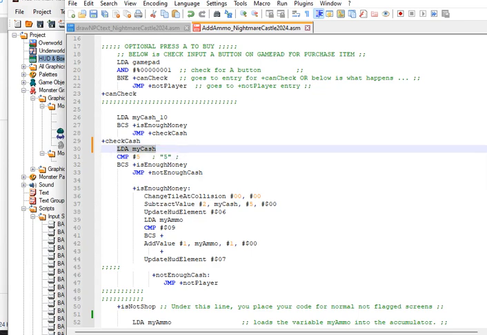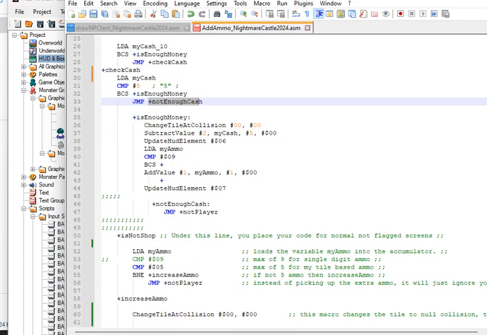Now it checks cash. So now it's loading my cash. Before it had my cash 10, so you can't just keep going and checking. I had to load this in there. So now it's checking my cash. Is my cash 5? If it's 5 or more, it's enough. If it is enough, change the tile,